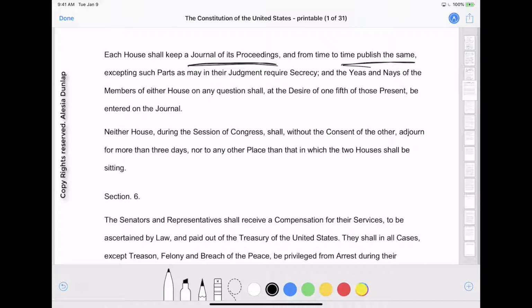All right, so I think a good example of maybe having confidential records is probably during 9/11, where they would have congressional confidential records for the sake of national security. Now, Congress here, as we move forward, cannot take a break longer than 3 days without an agreement, and they must be in the same location.